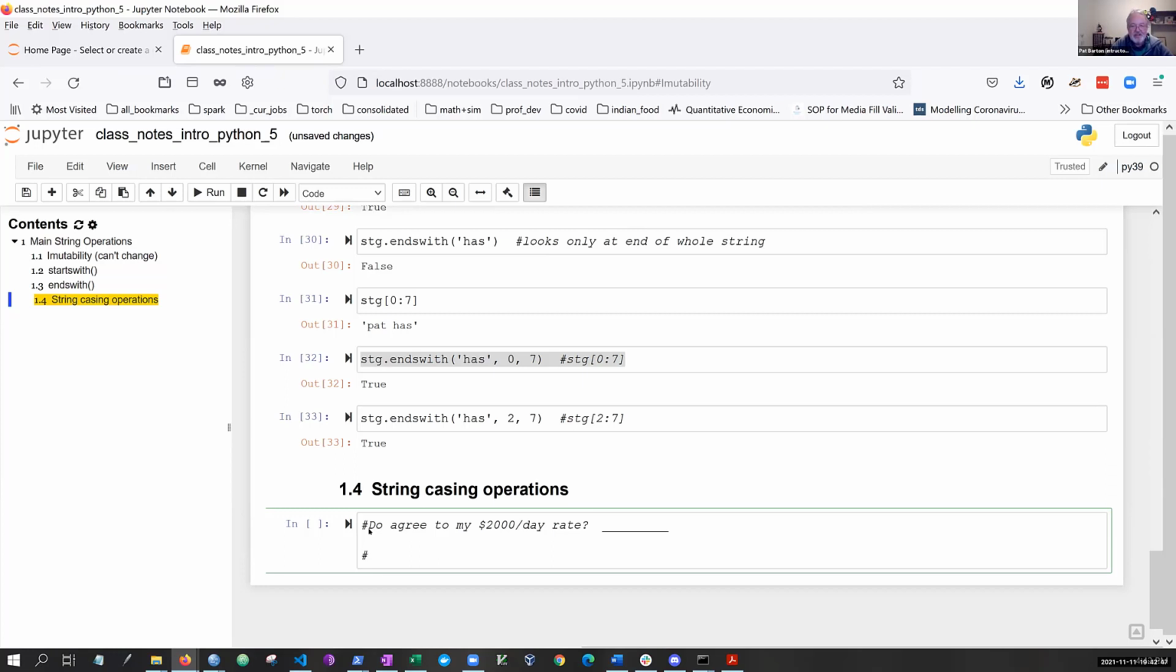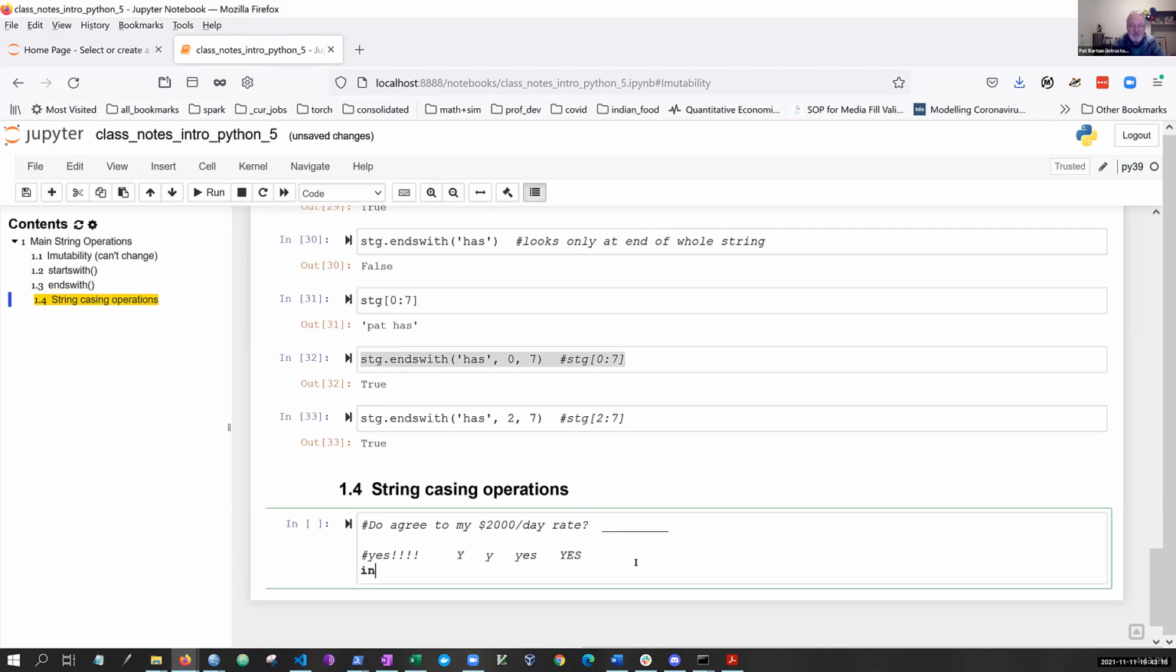But what are they going to really say? They might say why, like that. They might say yes. You don't really know. And you don't want to have a whole lot of logic in here to try to determine it. So let's say the user input